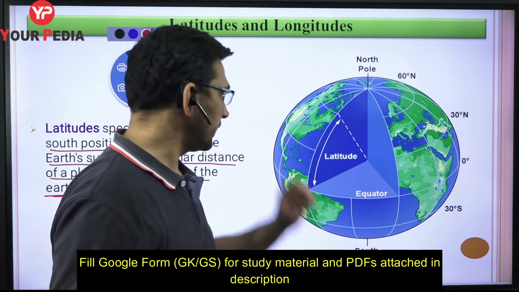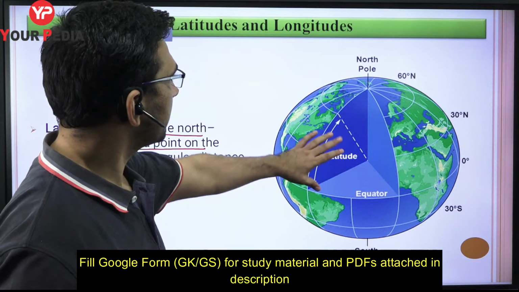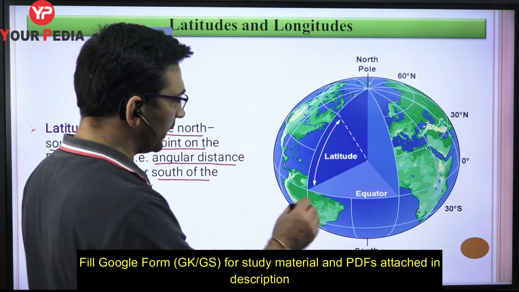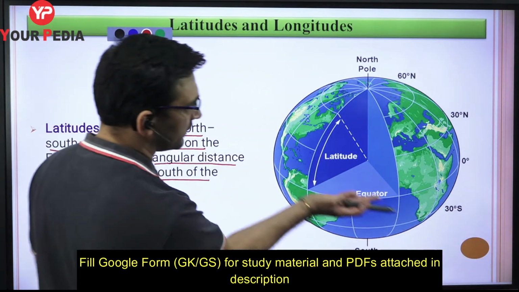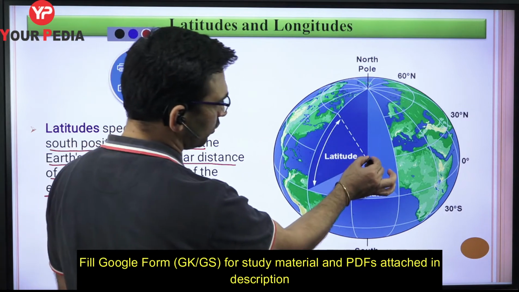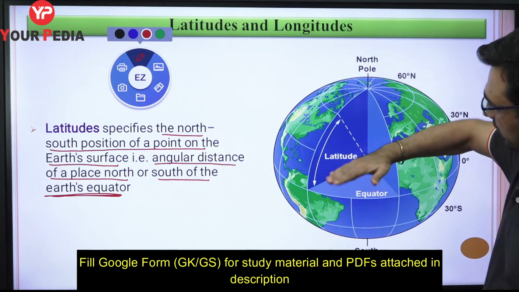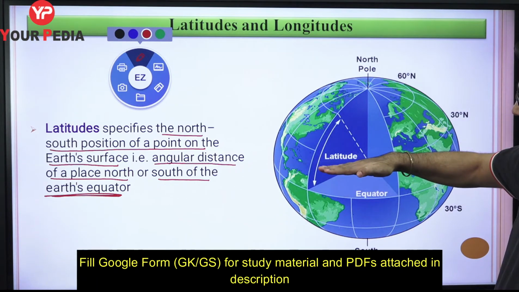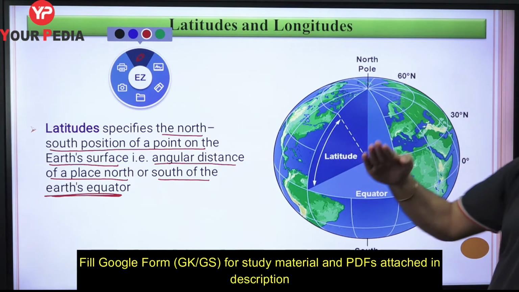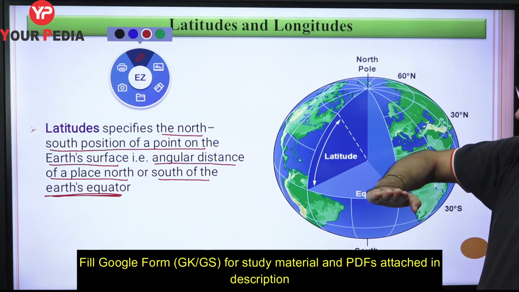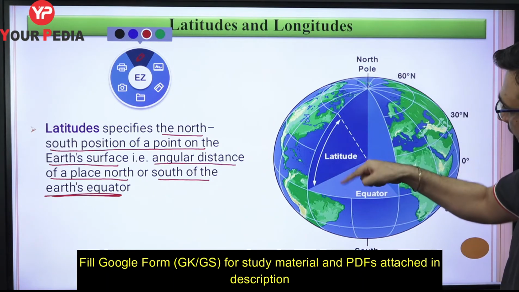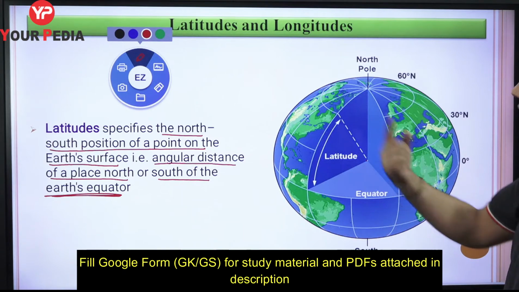Now see, I think you can get the exact idea from this figure. For example, let us say this is the equator, the equatorial plane. If I go to the center of the earth and take this line this way, this is the equator, as you know. If I move it this way, either to the north, or from the equator towards the south, then this angular position I will call a latitude.